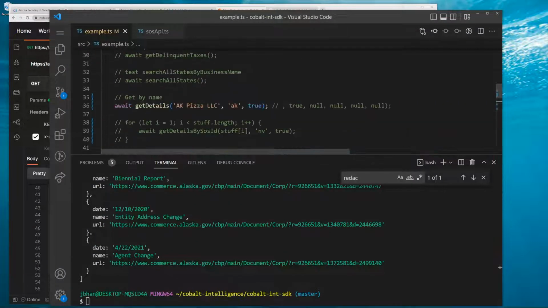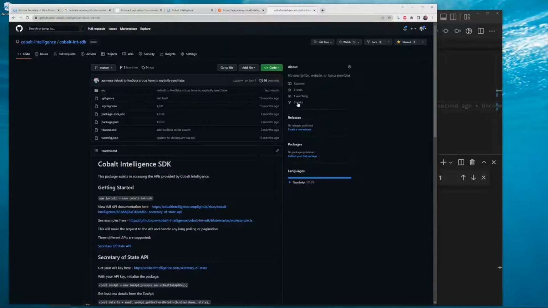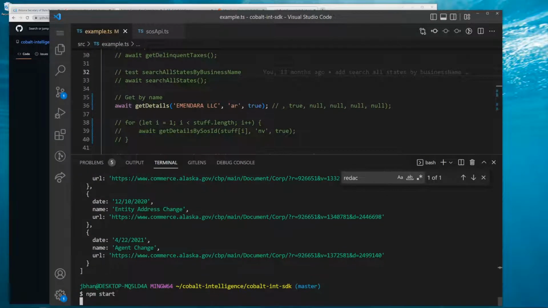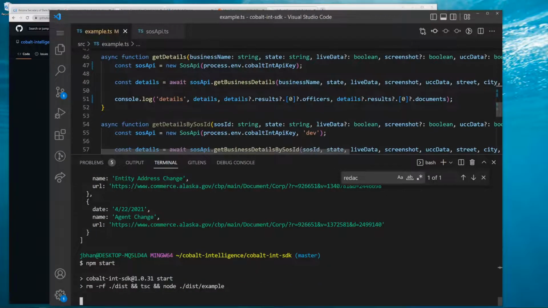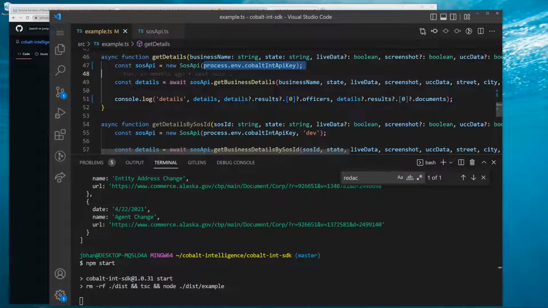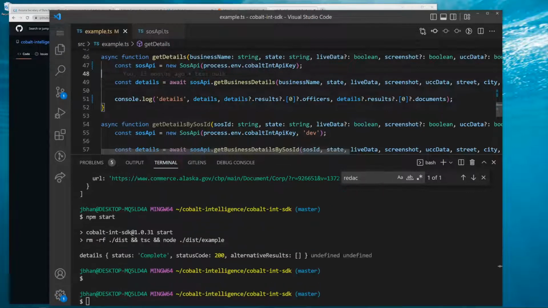So we're going to go over here also to the SDK, and you can get it here. I have the GitHub link. I'll link it in the description, but there it is. And we're just going to run it. We're going to go to Arizona here. And what it does is it creates the SOS API, and then you just pass in an API key, and you're going to get different